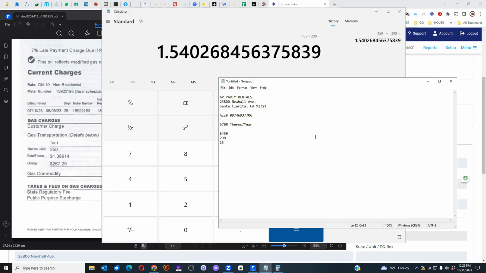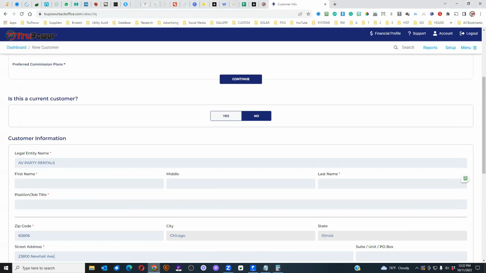So now we know that this customer pays 154 cents. So now it's going to make it much easier for us to be able to put a quote together for